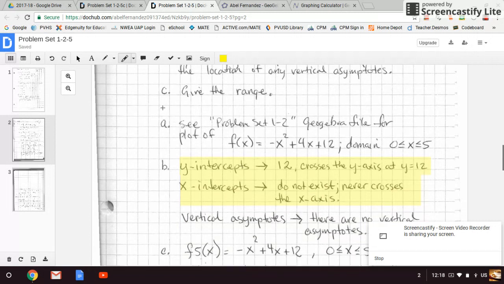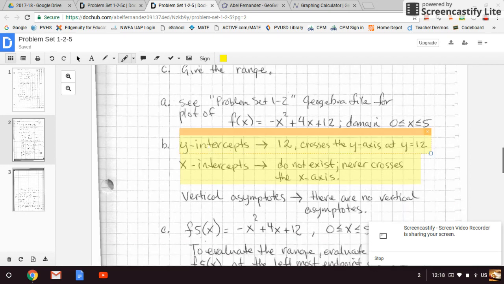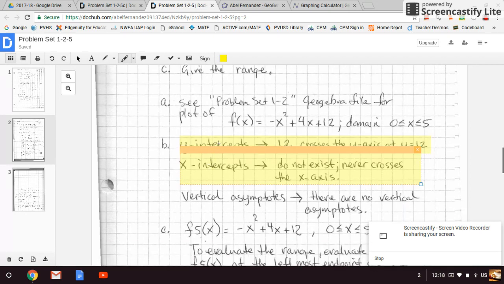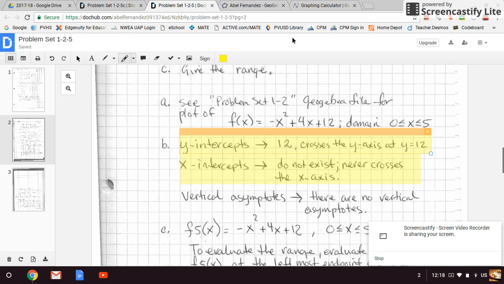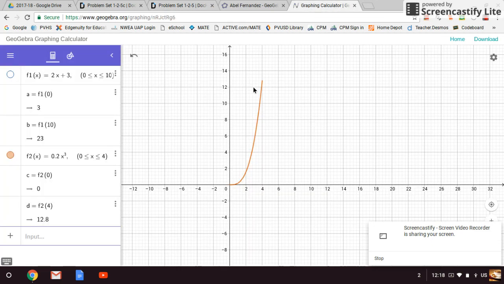So for A, see problem set 1, 2 GeoGebra file for this graph. Now, if we look at the y-intercepts and the x-intercepts, the y-intercept, I said it was 12 because I come up here and, oh, I'm sorry, we haven't graphed it yet. So we have to graph it. So let's turn this one off and let's input f5 of x